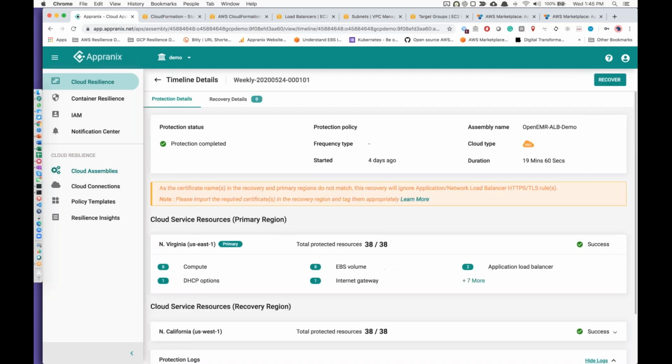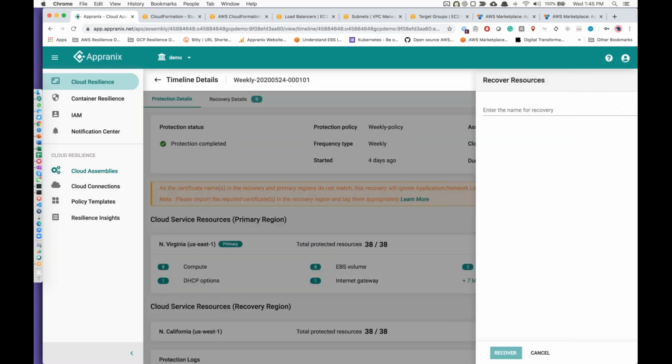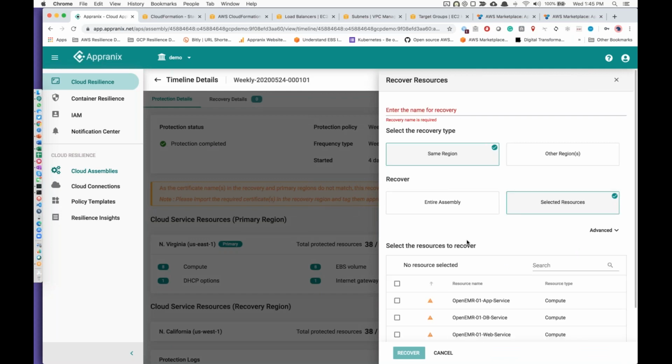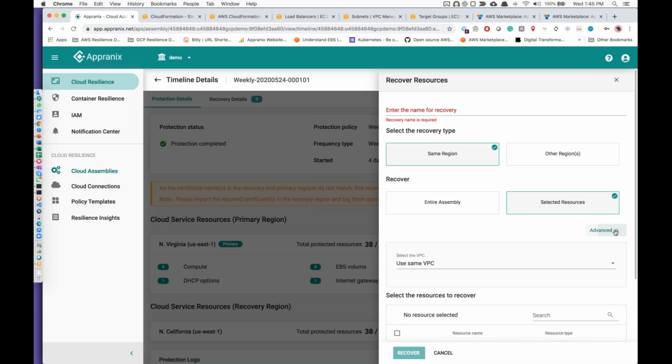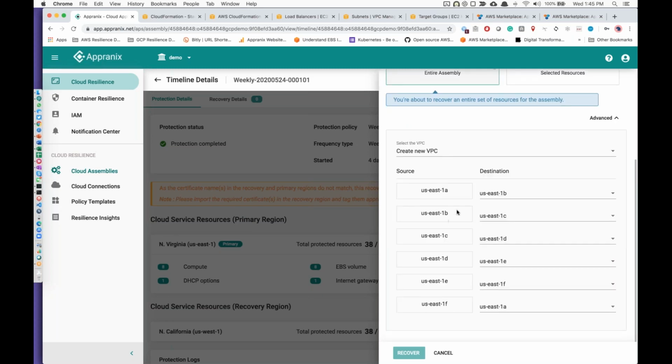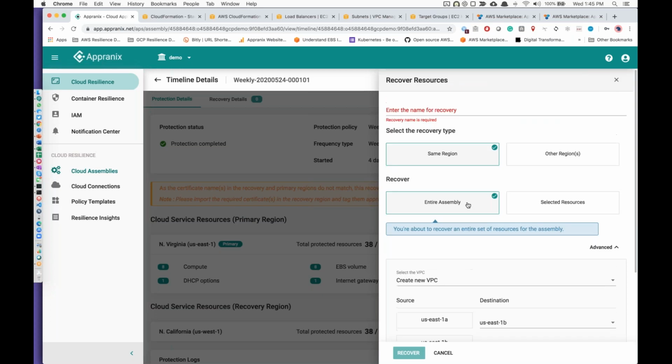So we will pick one of these policies, policy, application, environment, time machine. So I'm just picking one environment at a particular point in time, and I'm going to hit recover. I can recover selected resources within the same region, right? And I can also say that it's in the same VPC or create a new VPC. I can recover the entire assembly as well. And I can map to different zones, right?